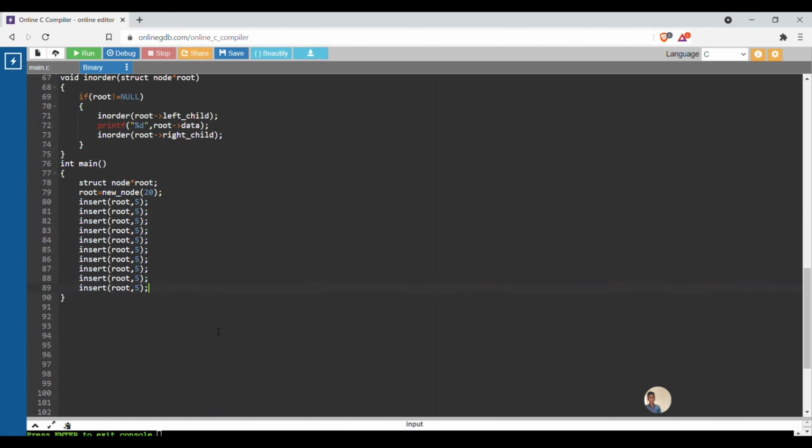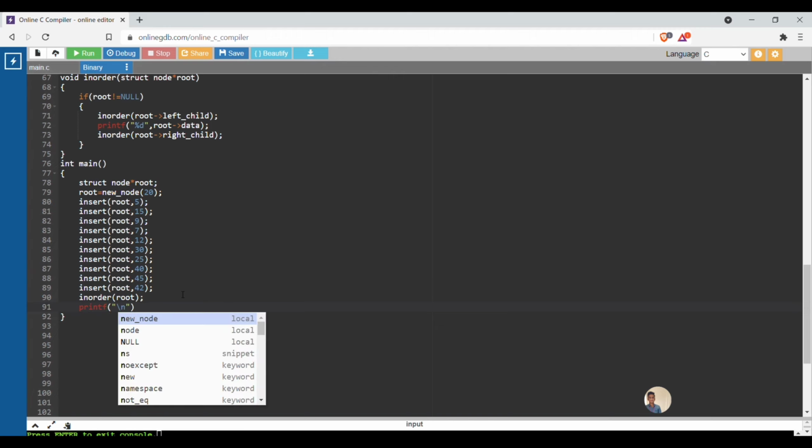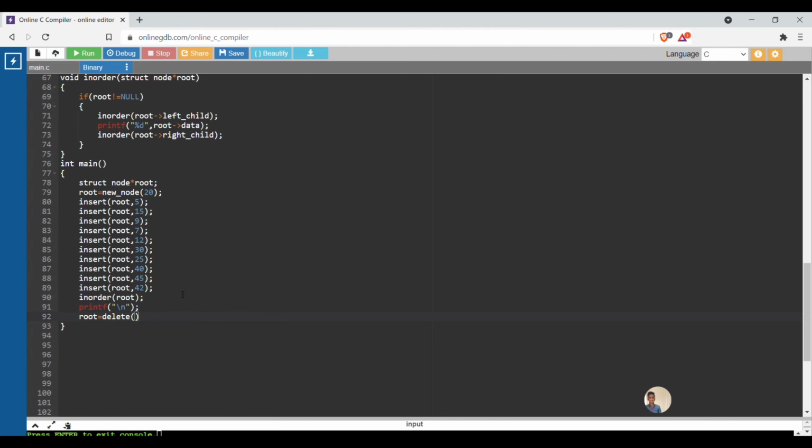After that, now we are going to give the values to be printed in a tree. So main function, int main, inside that create a struct node star root, and create a new node, root of new node. This is the root node which contains the 20. After that we are going to insert an element, put your own values. I am giving these values. Insert 5, 15, 9, 7, 12, 30, 25, 40, 45 and 42. After that put the in order function. When you give this in order function, you will be seeing your output on the output screen. If you didn't use this in order function, you won't be able to see any output on the output screen. So in order root and print next line.